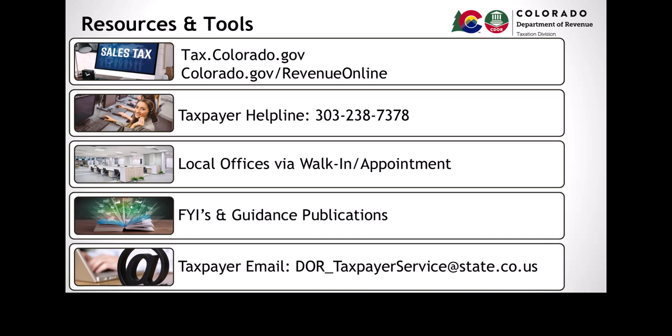You can call our taxpayer helpline at 303-238-7378. You can visit one of our local offices, which are located in Colorado Springs, Denver Metro, Fort Collins, Grand Junction, and Pueblo. We also have the department's guidance publications and our taxpayer email address, which is